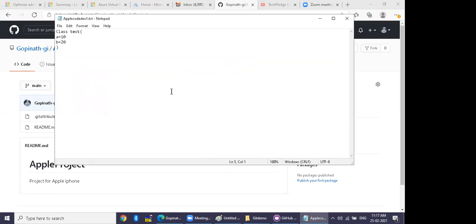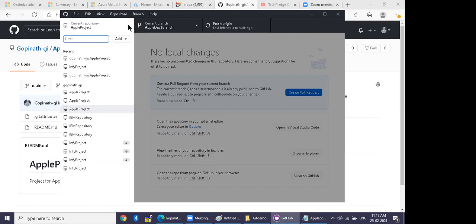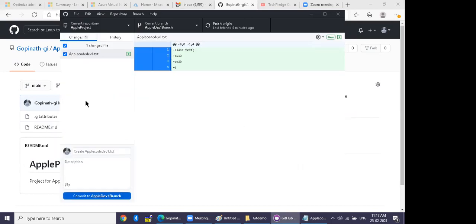Yes. Go back to your GitHub Desktop. Switch to developer 1. Push your code.